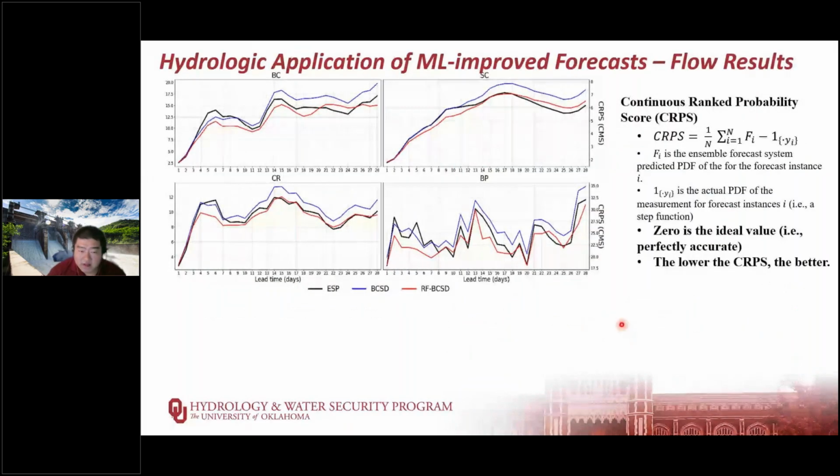So as one piece of result, what you see here is the flow simulation result, characterized by the continuous ranked probability score, CRPS, for different watersheds. And for this CRPS skill score, 0 is the ideal value. So the lower the CRPS, the better. The red line here shows our proposed approach with the AI embedded post-processing procedure, and the black one is the conventional ESP approach. So as you can see, most of the red lines are much lower than the black line,